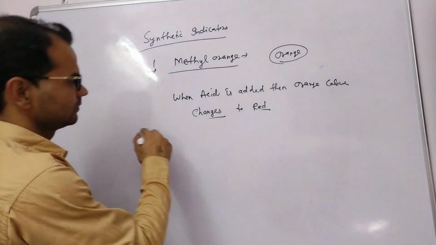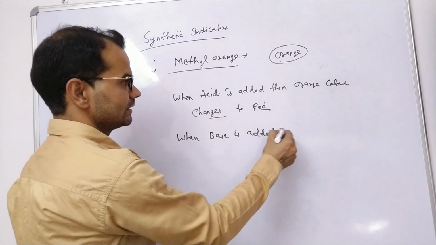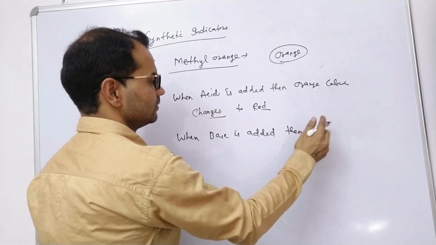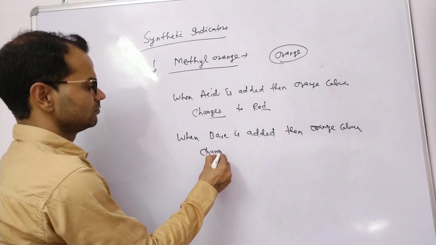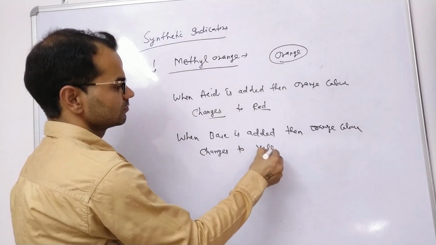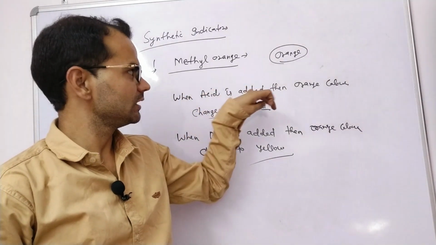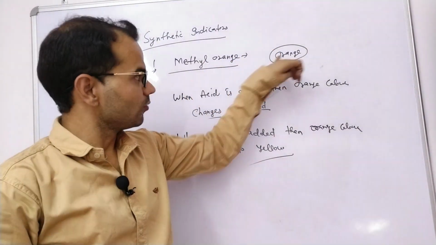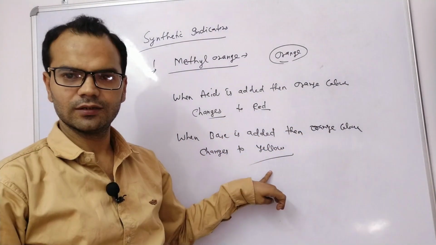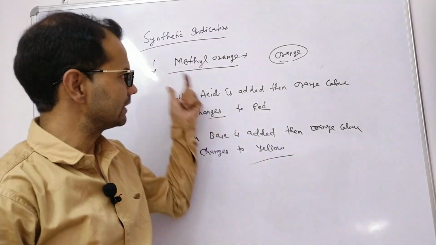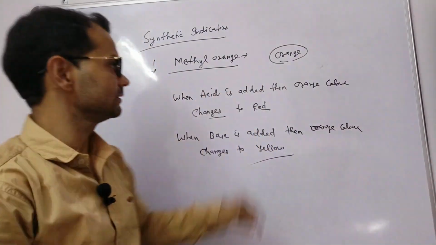Clear? Second, when base is added, then the orange color changes to yellow. Clear? Acid changes the color of methyl orange from orange to red, and base changes the color from orange to yellow. Clear? In the chemistry lab you can easily find methyl orange solution. Clear? Second is